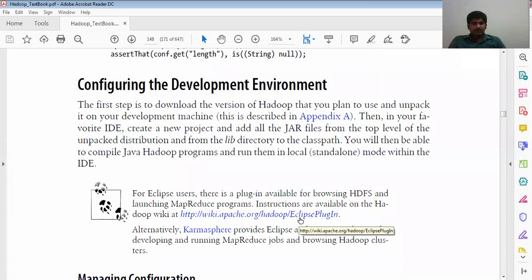You will then be able to compile the Java Hadoop programs and run them in local standalone mode.